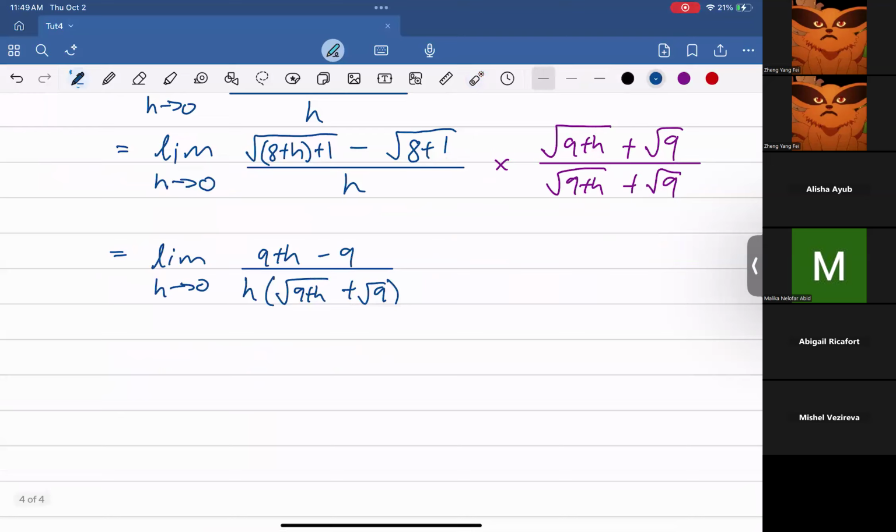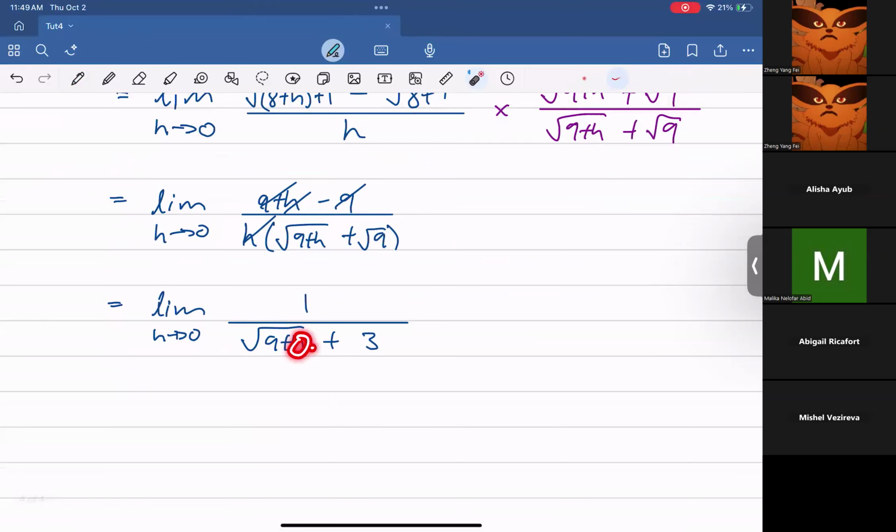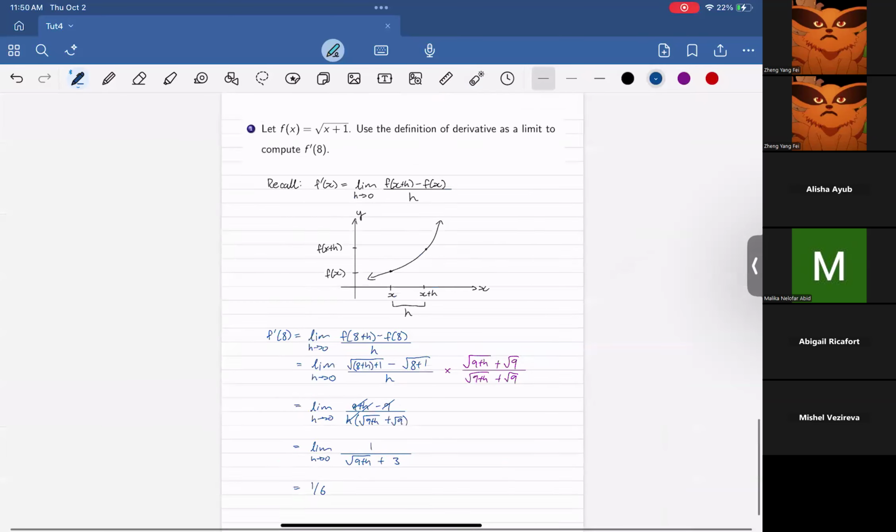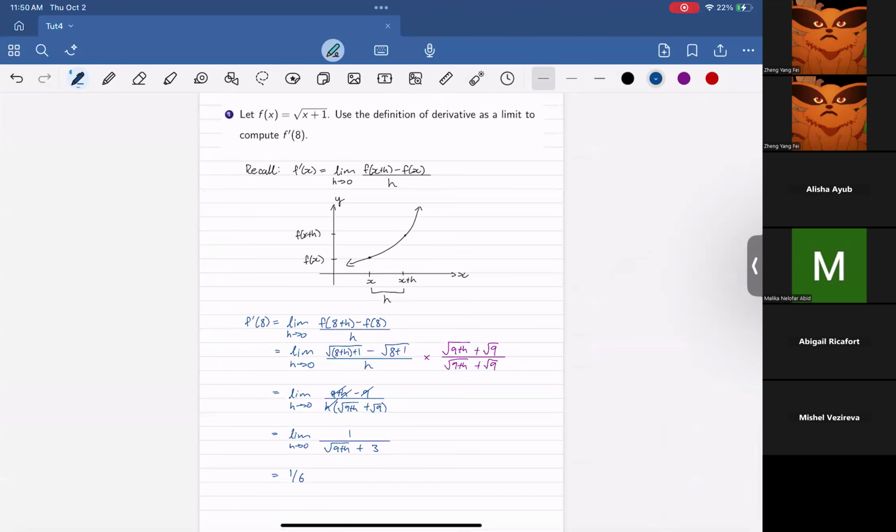Okay, so what's going to happen next is 9 cancels out, h and h cancel out, so you have the limit as h goes to 0 of 1 over the square root of 9 plus h plus 3, and when h goes to 0, this is just equal to 3, right? So 1 over 3 plus 3, which is 1 over 6. And that's all for this question. Okay, any questions for this one? And once again, this is a question that's